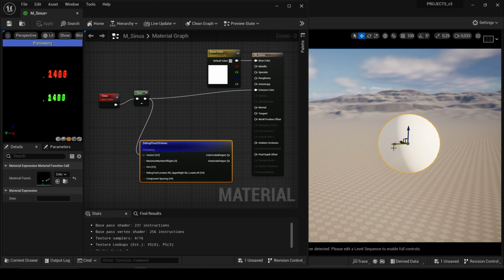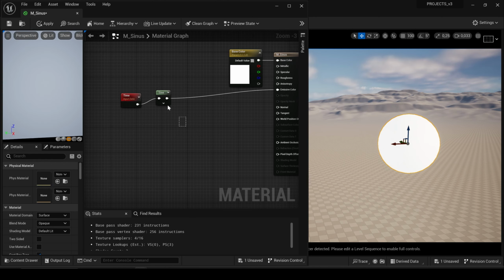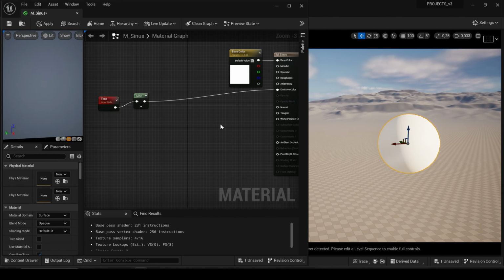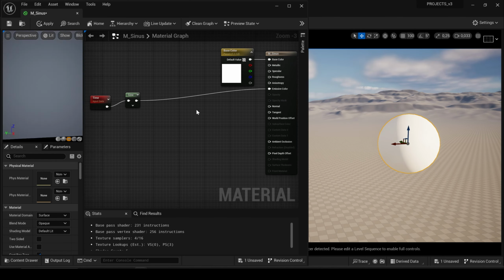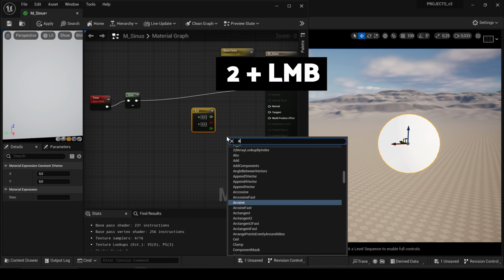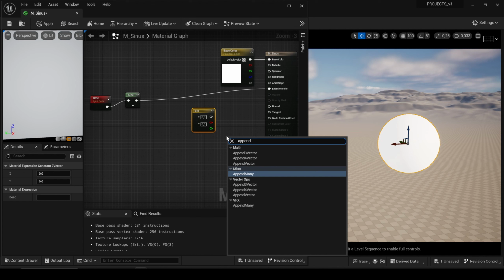But we can also use this for example, world position offset. The world position offset needs the vector 3 to know the direction of the movement. Let's say we want to animate only the Z axis. So first we will create the vector 2 value by holding 2 and left click, then right click and append